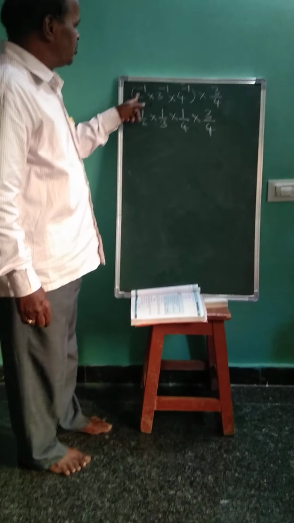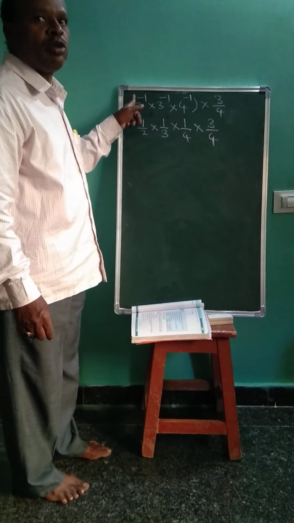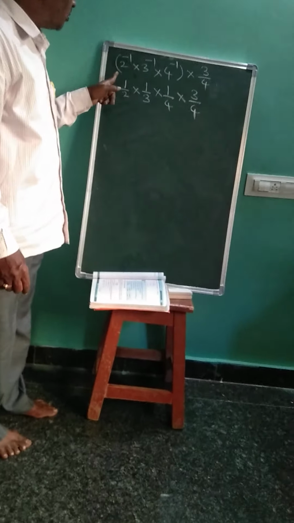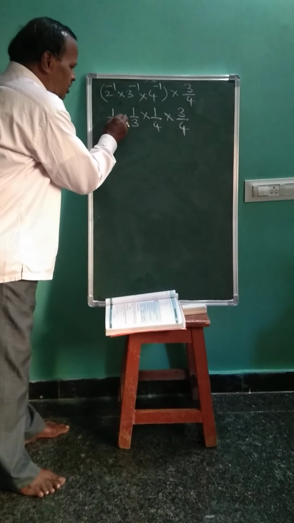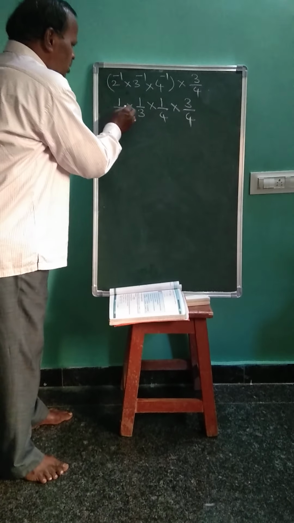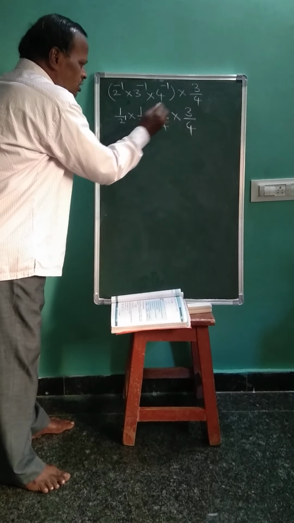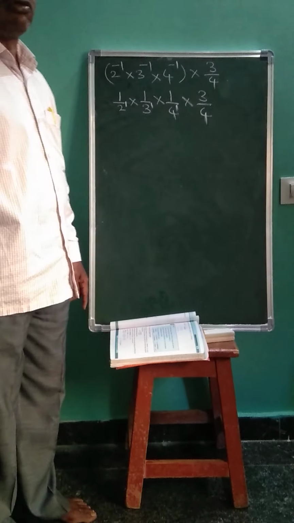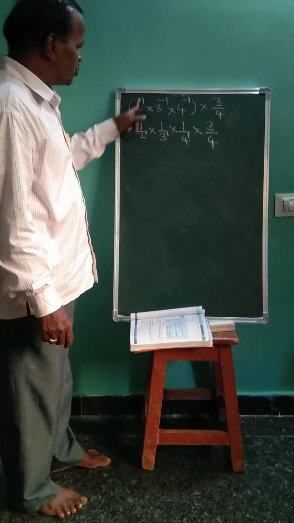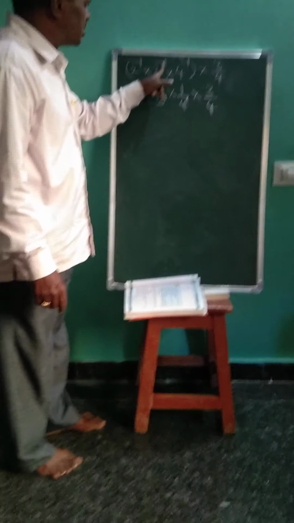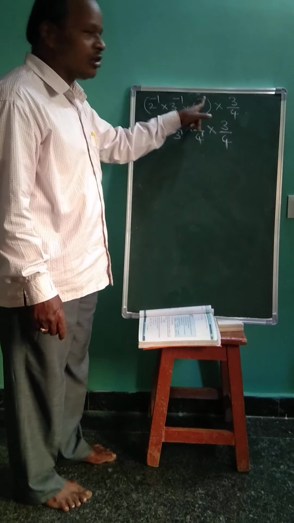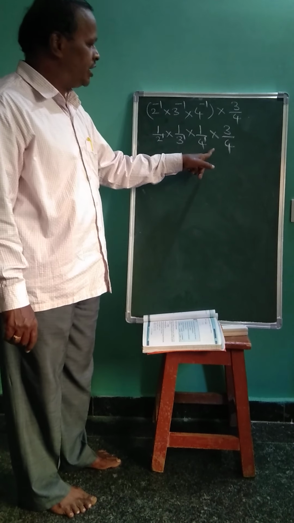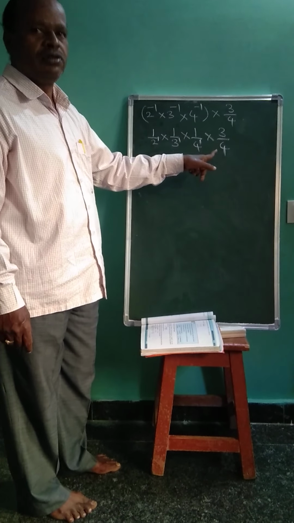So by using the multiplicative inverse, a to the power of minus m is equal to 1 by a to the power of m, only one time. Instead, either you may write 1 or you need not write 1 also, it is correct. So here it is 2, you put 2. It is 3, you write 3. It is 4, you write 4. But only 1 is there, no? So I have written here simply the multiplicative inverse.